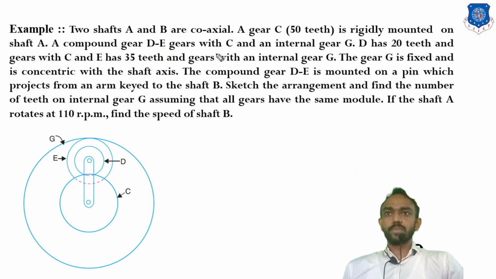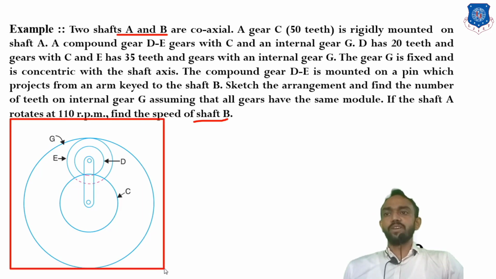So first of all, gear to shaft AB. We also have to find which gear is connected to which shaft, and we want to find the RPM of the shaft. But all this is not related right now. First of all, we want to make this figure. So you can see C is at the center, C is connected to D, D and behind it E, and E is connected to G. So first of all, we will make the table for this figure without reading other data. Okay, let's start making the table.